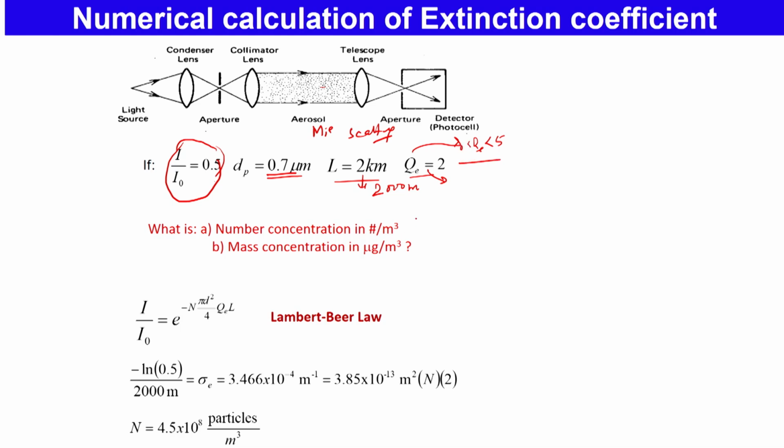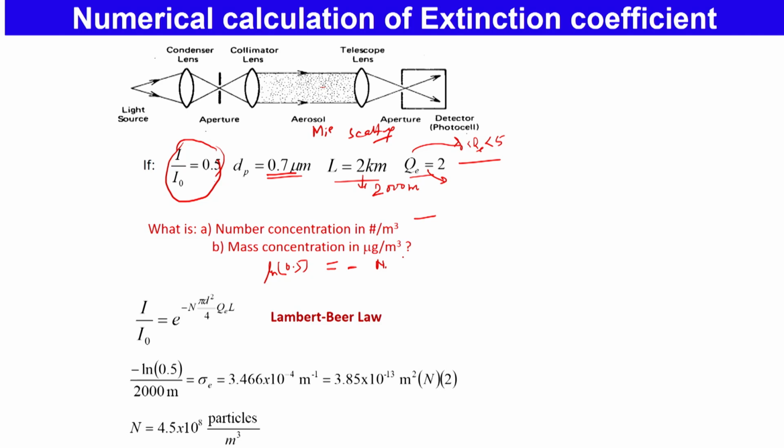So we have to calculate the number of particles per meter cube. If you remember this equation, you just put these values in here. By the way, this equation is a little bit complicated, so be careful, because there is an exponential term and there is actually a negative sign on this one. When you take ln I0 upon I, you have the natural log of 0.5 on this side, which equals, the exponential you can remove, minus